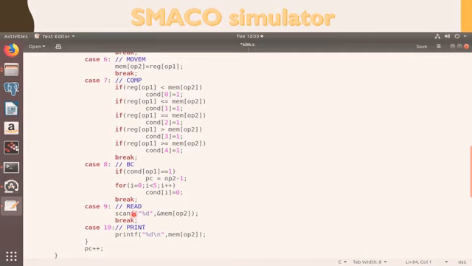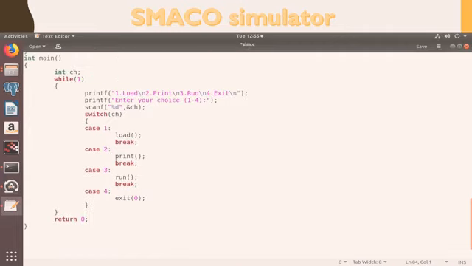Whatever instruction is given in your opcode will be executed as per the process, and again your program counter will be incremented. So this way all your instructions will be executed, and afterwards we will come out of this loop.